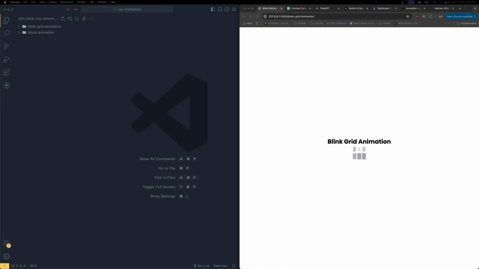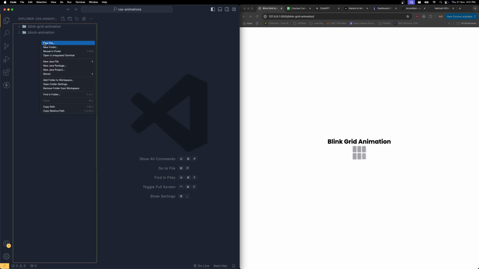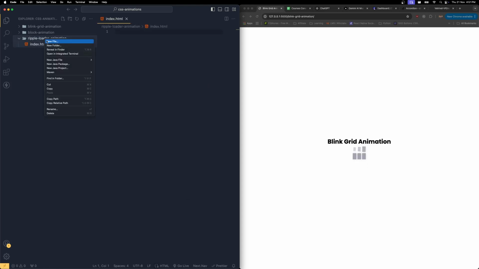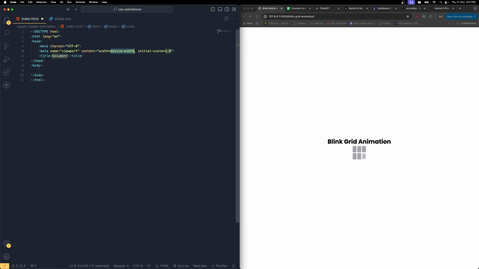Okay, then, so let's move on to the next type of animation. Now we are going to create a ripple loader animation. Let's create a new folder and name it ripple loader animation. Inside this folder, I'm going to create a new file called index.html and another file called styles.css. Let's generate our boilerplate code and name it ripple effect animation,